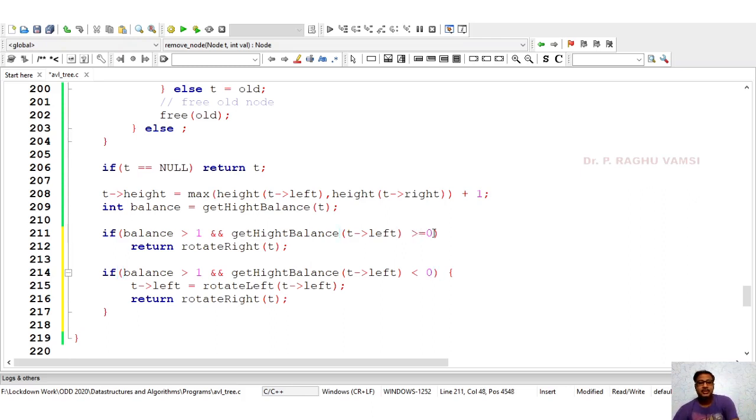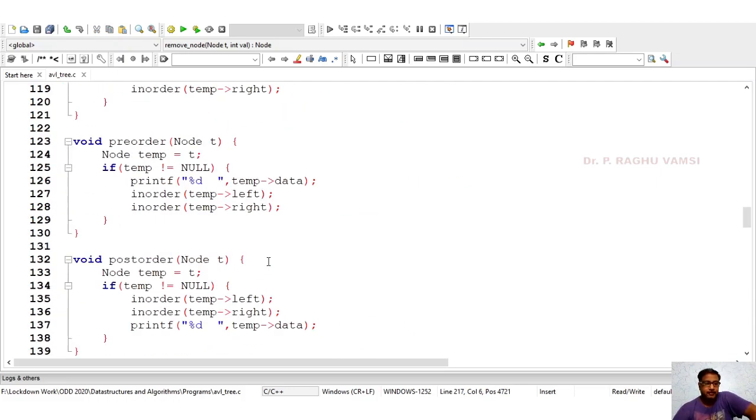If the balance of the left subtree is greater than 0 and general balance is greater than 1, that means if the left subtree height is greater than 0, how come the balance will be greater than 1? And one more thing: if the balance is greater than 1, how come the height of the left subtree is less than 0? So that is the reason, in this case, the related rotation operations need to be performed.